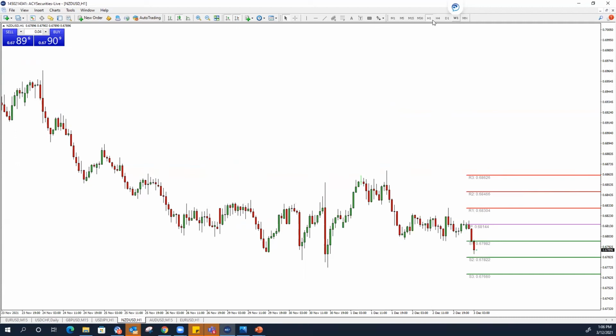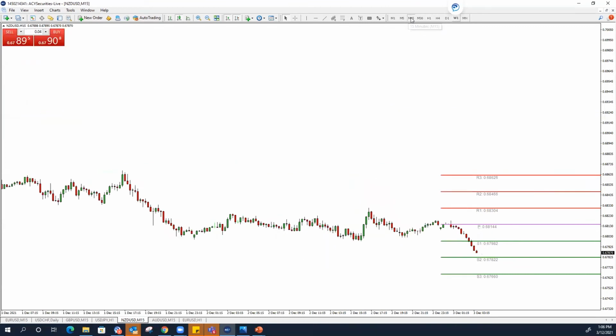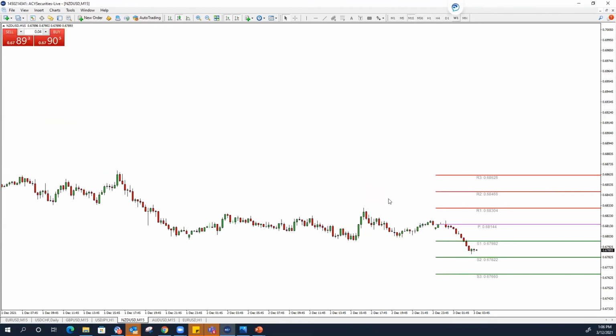So at the moment, I'm on an hourly chart, but if we were to zoom in, and keep in mind, we're looking at this New Zealand US dollar, the way we might use it is the fact that today, and I'll zoom in on a 15 minutes so you can see that central pivot or that purple pivot. You can see today on a 15-minute chart,